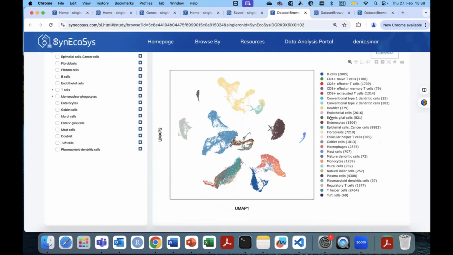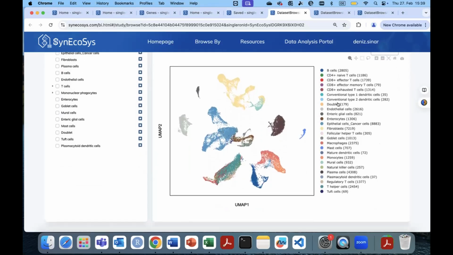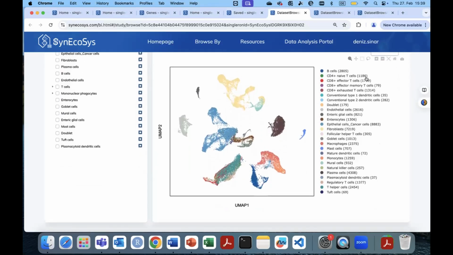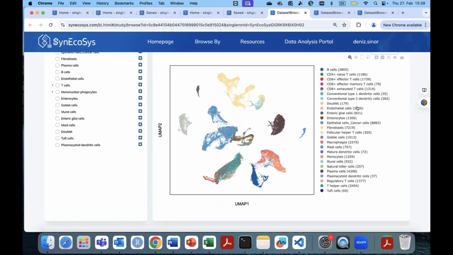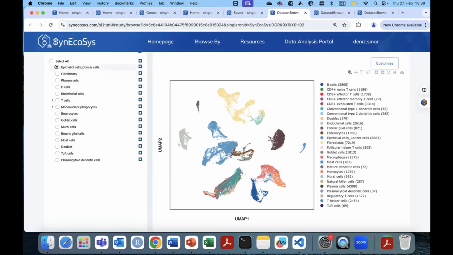And the annotation is already done for you, and it's the standardized annotation. Also having many different cell subtypes like CD4 plus naive T cells, effector T cells, etc. So this detailed analysis or annotation, at least, it's already done. And here, if you'd like to check some height or see some cells, you can do it on top